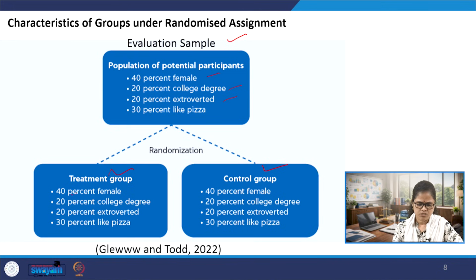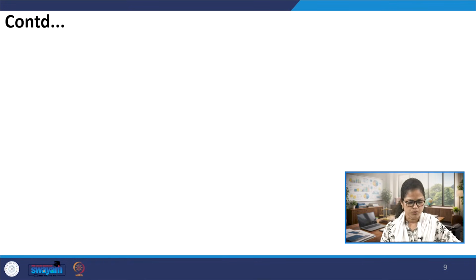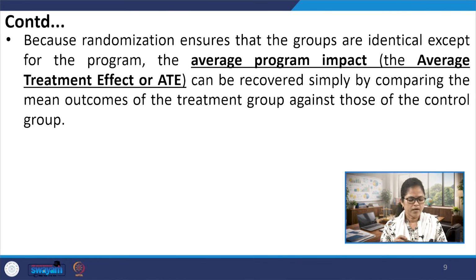Okay. So, 40% female participants, this is 20%, this is also 20%, this is also 20%, and likewise. So, you can check how similarity is being ensured. Again, while doing these experiments, because we followed randomization, and randomization ensures that the groups are identical except